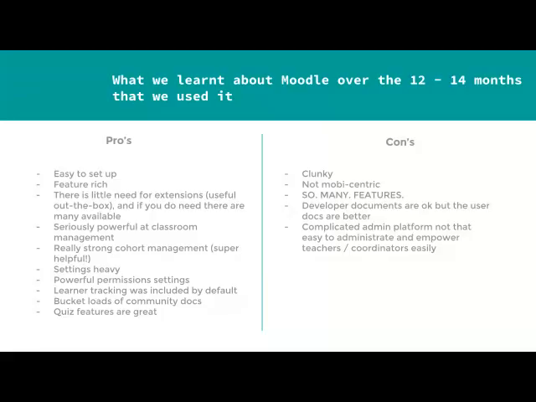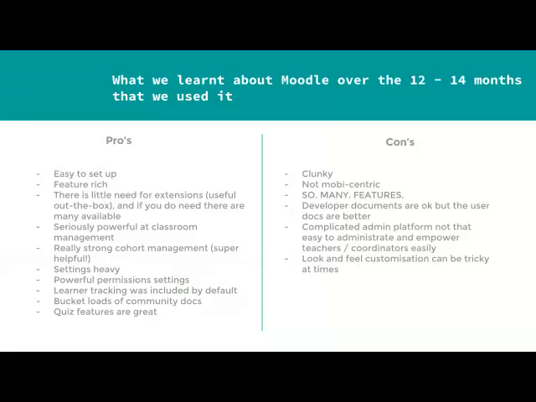Whereas if the user interface was a bit more intuitive, it would be a lot simpler for those key users to actually do things and change things on the learning management system, which is a very important factor of using a learning management system. You need your teachers and your course coordinators to be able to change the content quite easily on the environment without having to have a web admin do the changes.